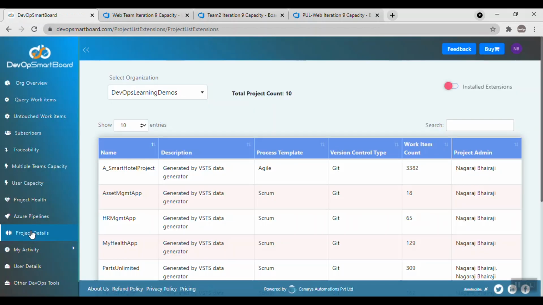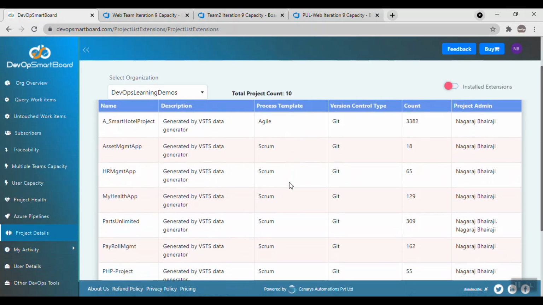Project details gives me the list of team projects along with what process template is being used, what the version control type is, whether it is Git or TFVC, right? And the process template can be Agile, Scrum, CMMI, or any custom template. And what is the total count of work items being used, and who is the project admin of this project, right?